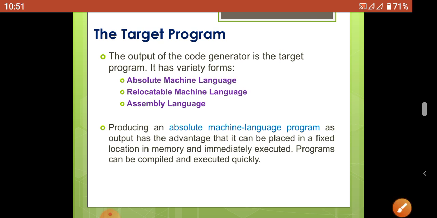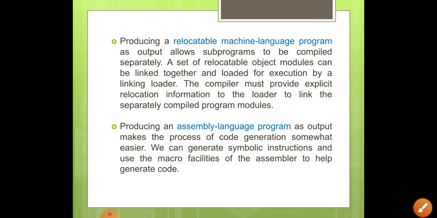But when we are producing the output as a relocatable machine language program, the same kind of operation is performed. The program is created, and the address of the program is created by the compiler. When the program is loaded into primary storage, the operating system checks whether the memory fixed by the compiler is freely available or not.